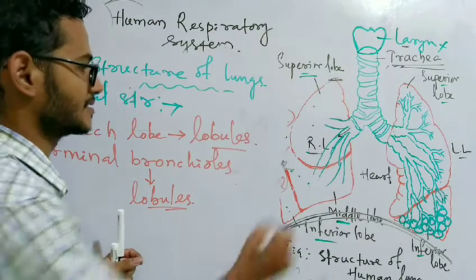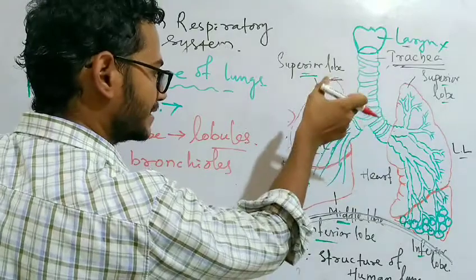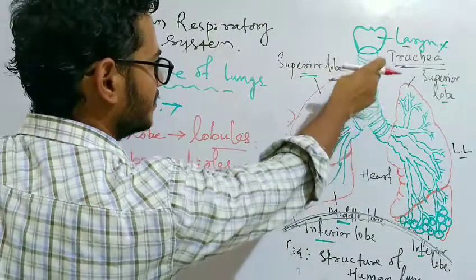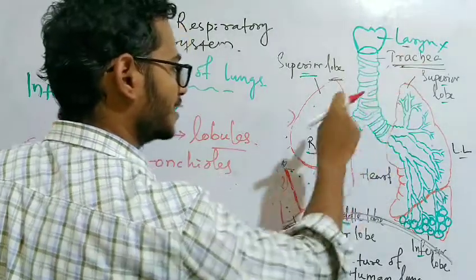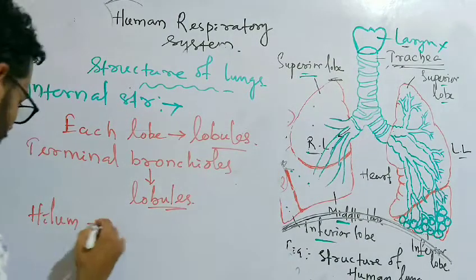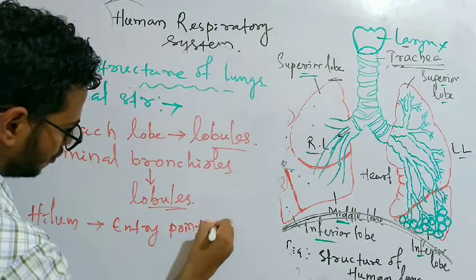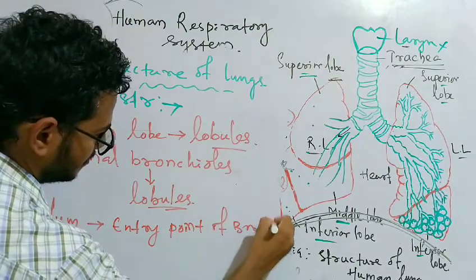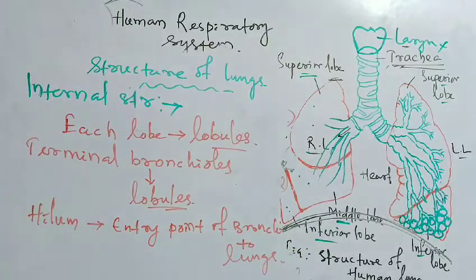Another point, hilus or hilum, which is the part of the lungs where the two bronchi enter the lung. So the place of the lung where both the bronchi enter the lungs is known as hilum. Entry point of bronchi to lungs. Okay, that is known as the